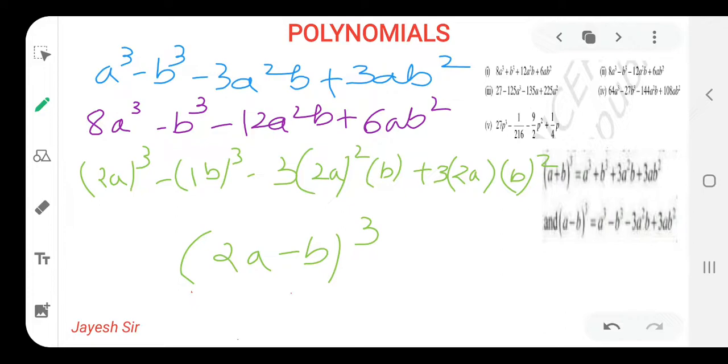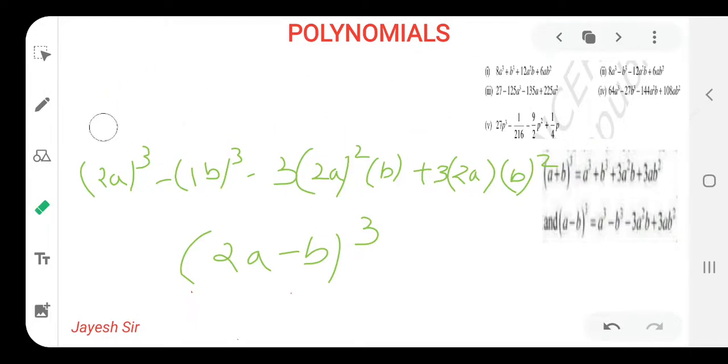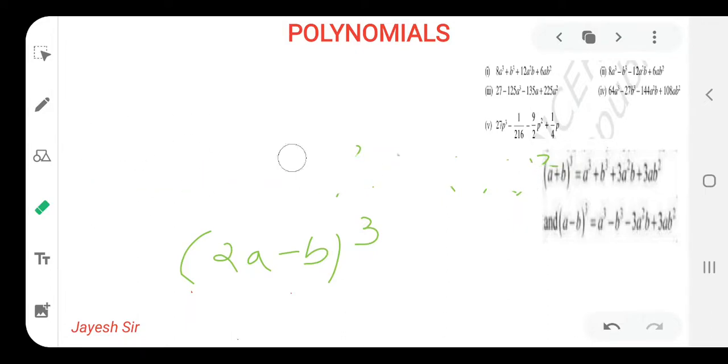So let's begin with the third sum for the day, friends. I have not explained it in detail, because this type of sum we have done in the first sum also. So I hope you all might be capable of doing that. If you are not capable, then you can rewind and go to the first sum and try to understand over there. Or we can say that your second sum was like homework. You can check your answer from your video.